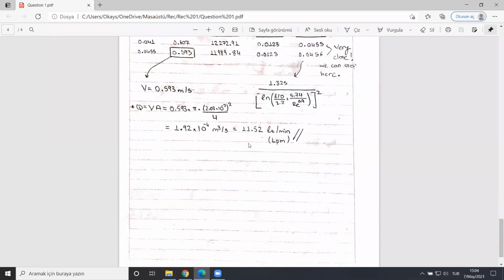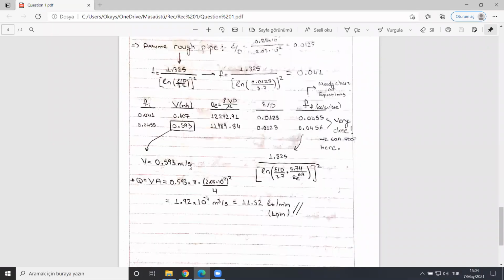So by using this velocity, we will calculate the discharge. How? It's very simple. We know discharge is equal to velocity times the cross-section area of the pipe, which is shown as A. So what is the cross-section area? Pi d squared over 4. What was the d? D is the pipe diameter given by the question. And when you do this calculation, at the end we get 1.92 times 10 to the minus 4 meter cubed